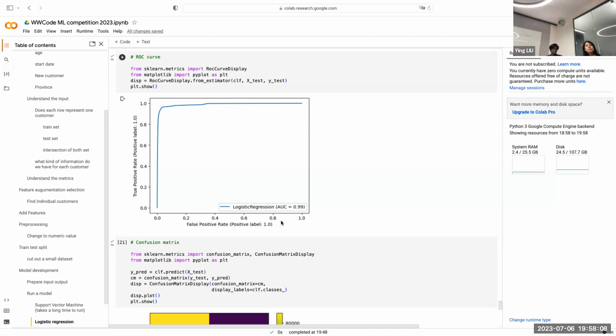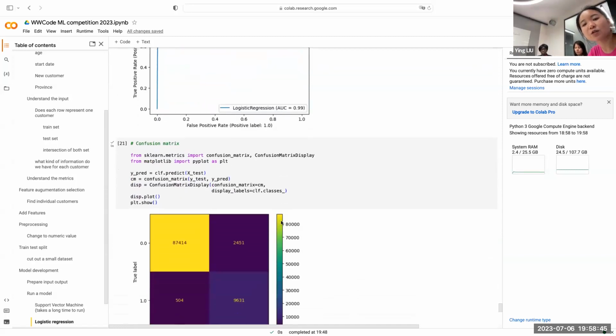But for unbalanced data, we shouldn't look at the rate, because the base number is different, since they're very unbalanced. So the rate doesn't give you a great indication. What we need to calculate here is true positive numbers and false positive numbers. Have a look at both. If you don't know how to choose, looking at both will give you an idea, and also looking at this